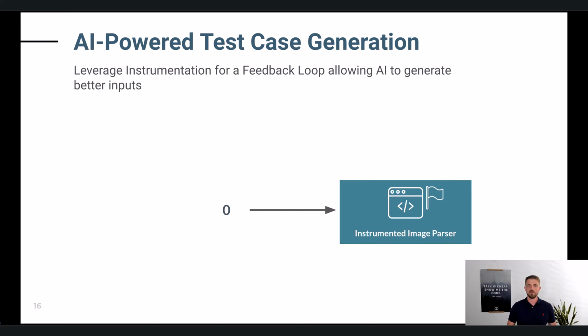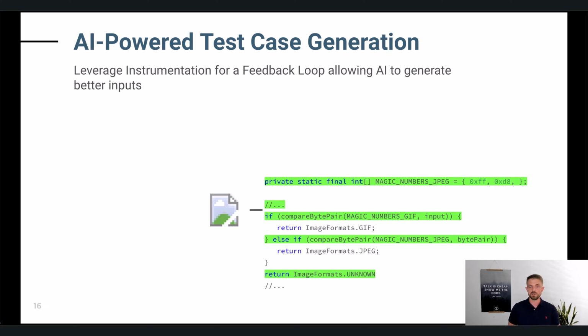Now, we have the goal that we don't want to provide too many heuristics or sample data, but we want to start with a 0 and then produce valid images without knowing that we are testing a JPEG parser. And it would look like that. We give the 0 as an input, run it through the instrumented application, and the 0 is an image which cannot be shown. And if we look at the code, and this is actual code from Commons Imaging from Apache,